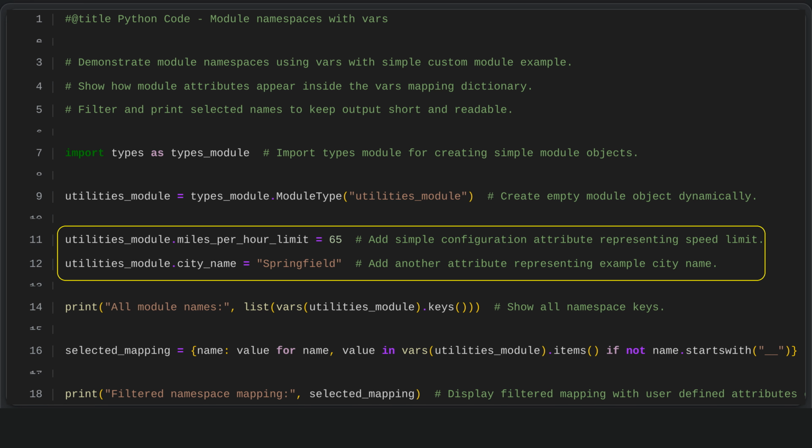In this part of the code, we add a few simple data attributes to a custom module called the Utilities module. We create one attribute that stores a speed limit value of 65 miles per hour, and another that stores a city name set to Springfield. These values become part of the module's namespace, so they can be used as basic configuration or shared data wherever